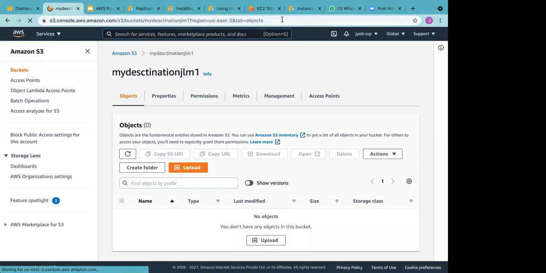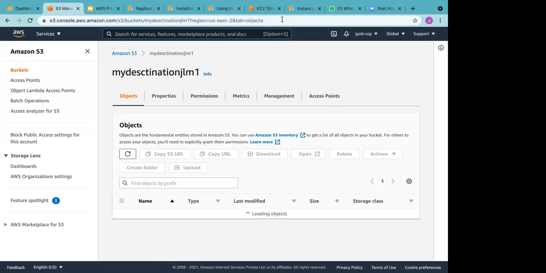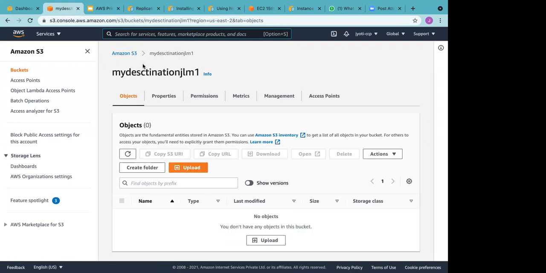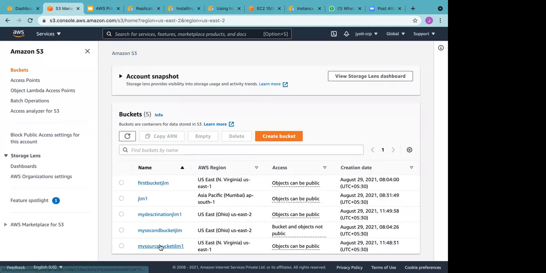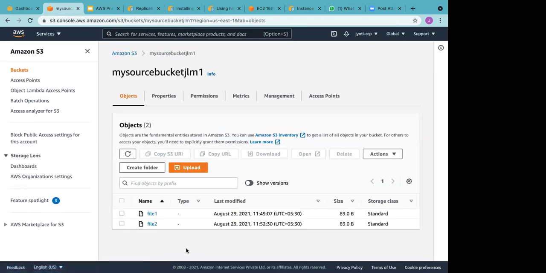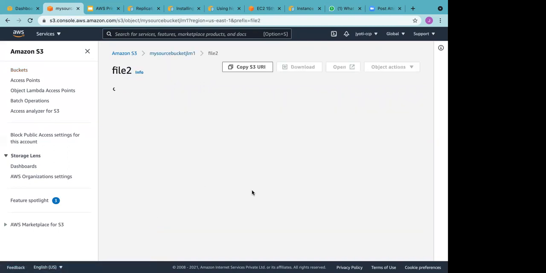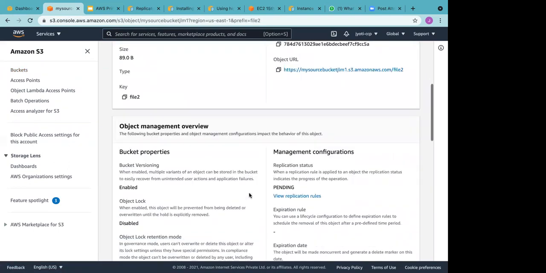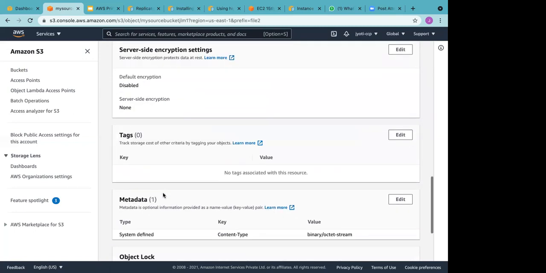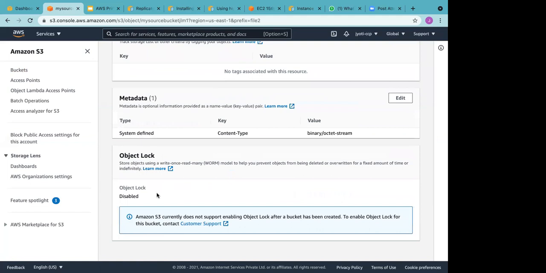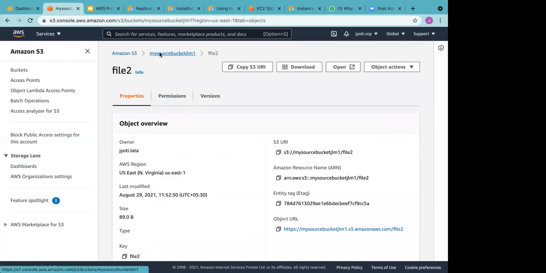It's wrong. There's something wrong. Wait, let me check. I'm just deleting this because there is some issue. This is enabled. Okay. Final time.